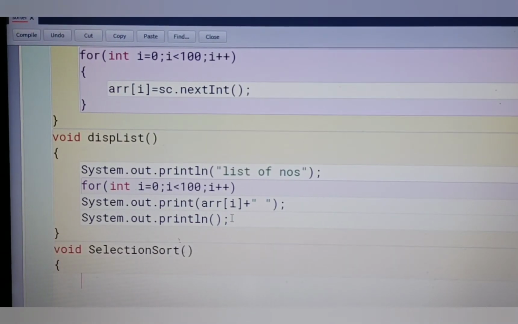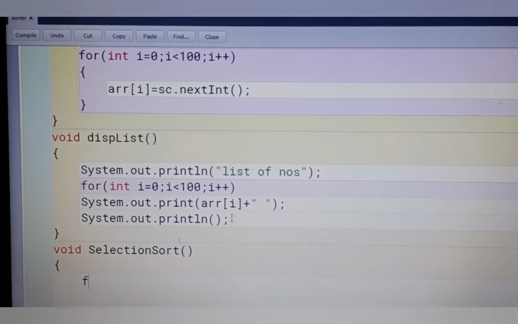Next function is void selectionSort. In this we have to sort the array in ascending order using selection sort logic.